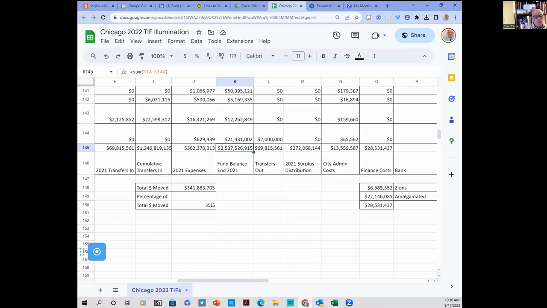Right? And that's what this number reveals, that a little over a third of all the money collected by TIFs doesn't stay where it is. It gets moved around, again, at the discretion of the mayor. And then we see